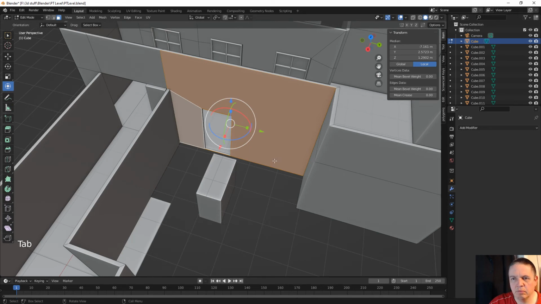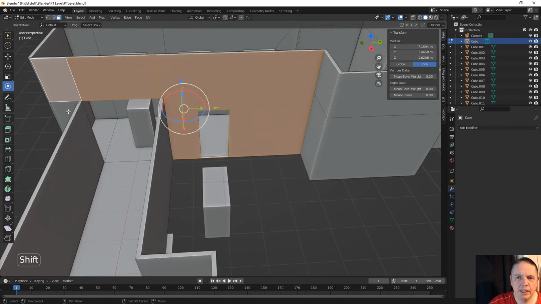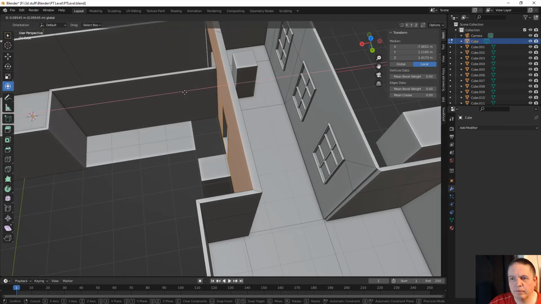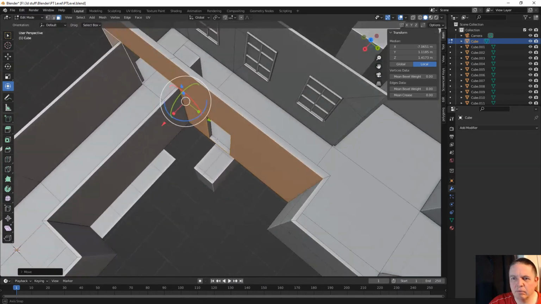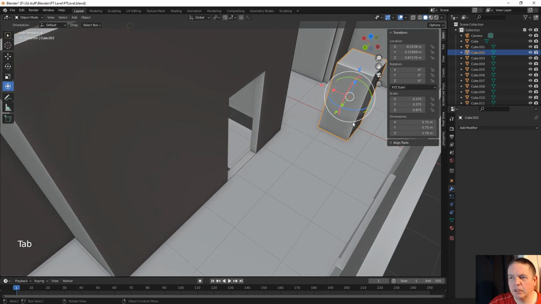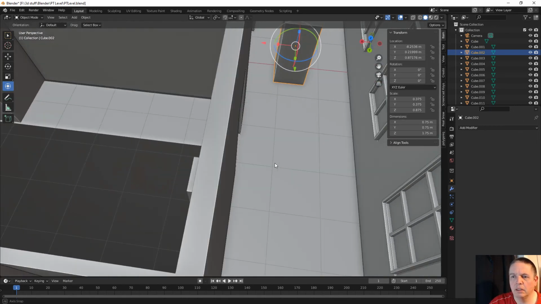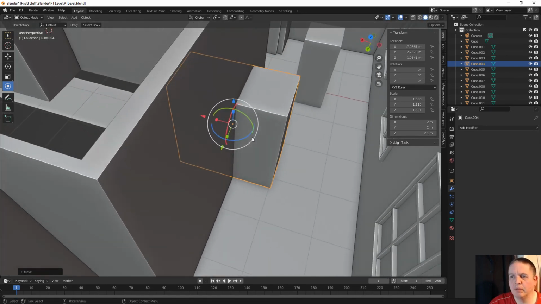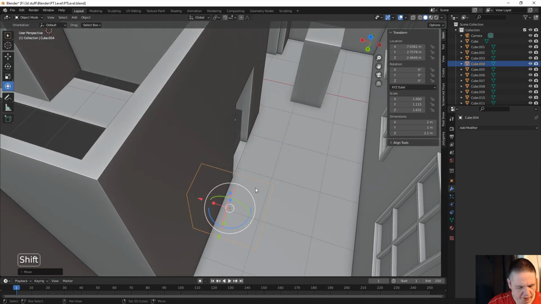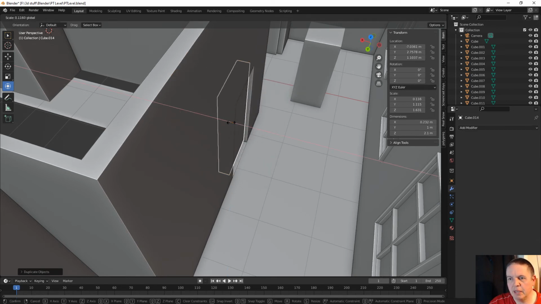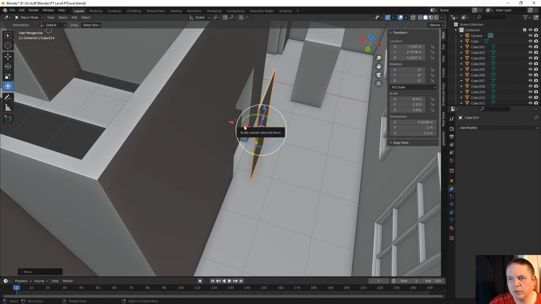Let us just select these. I just want to bring the wall out. I just want to make this wall a little bit thicker, like that, like so. Okay, and then we can just bring that over. Oh, no, we can bring that back up, and this is going to be our doorway. Oh, actually, let's just shift D on the Z, and then we can just make that a bit smaller, but not too small. So this is our door frame,